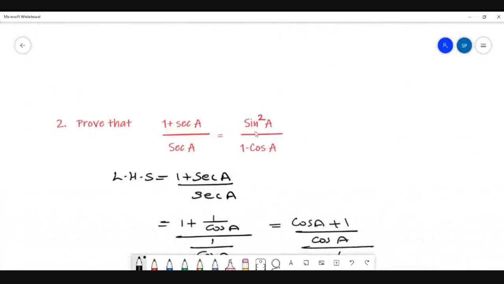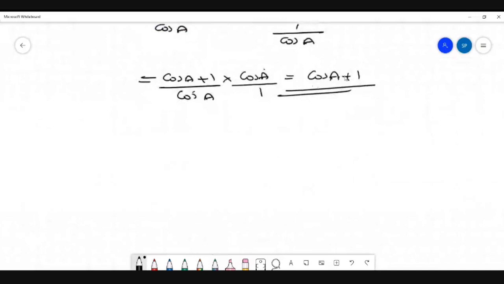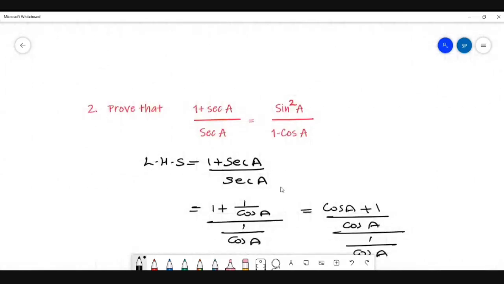If you simplify the RHS, you will get the same expression. Like that also you can prove. Then you can write LHS equal to RHS. That is, left hand side if you simplify, you get like this; right hand side if you simplify, you must get like this. Then we can say it is proved. But here you can continue with this. That is, again we convert. We can say here (cos a plus 1) by 1. Now let us multiply. Here in the right hand side we have 1 minus cos a.